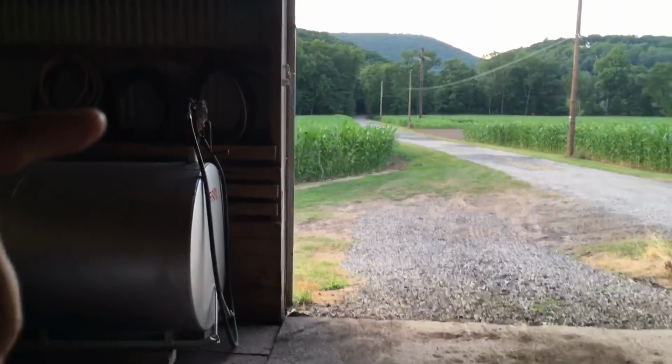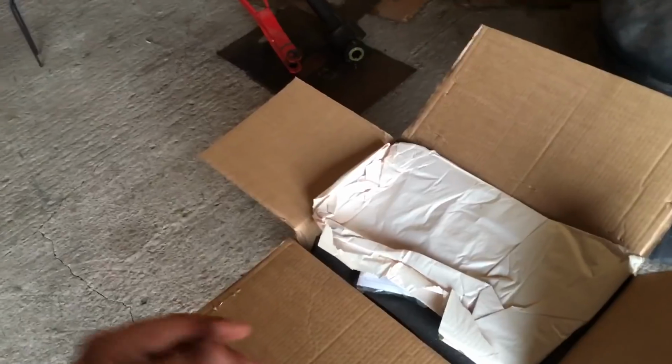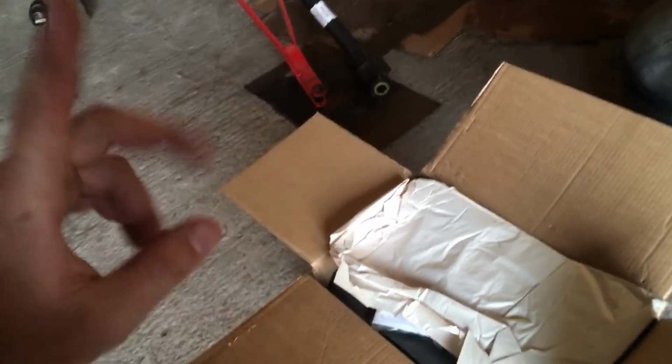But I just want to show you guys something that I bought for the 986. You can buy these. You do see them on 86 series tractors. A lot of guys opt to do this. I decided on it just to try one. I could have ordered two, but just to try one. So, in this box,